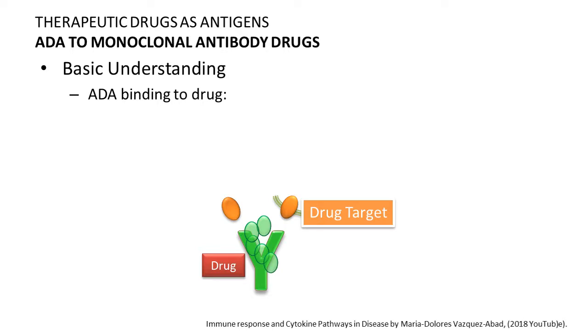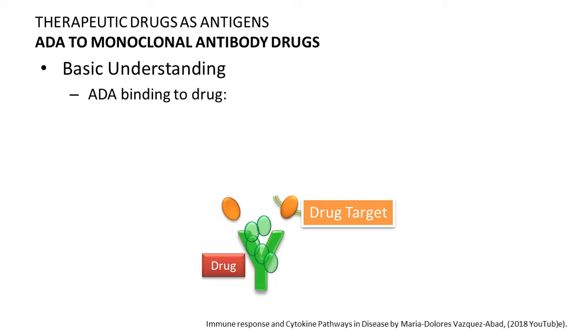So before we go into the assay for detecting anti-drug antibodies, I just want to remind you a more thorough explanation was done on part 1 of the immunogenicity series in YouTube. But just remember that you have a drug. The drug can be an antibody or a protein. This particular drug has a drug target. The drug target can be soluble, as shown on the left, or bound to a membrane, as shown on the right. So you have a drug and you have a natural drug target